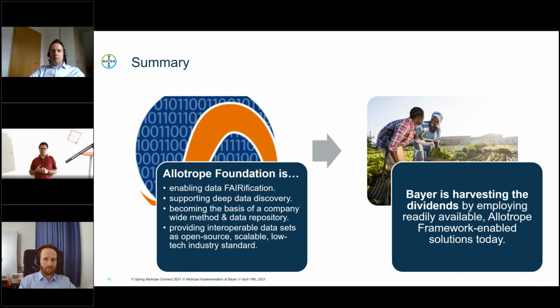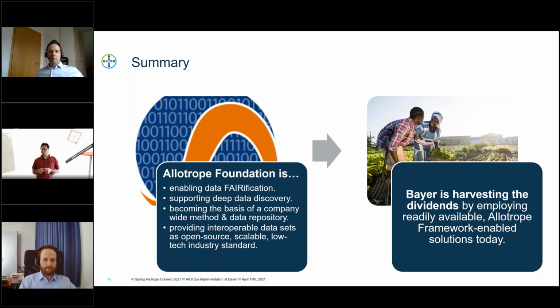So low-tech means it works for every lab, as it's a file-based solution. There are way fancier ways of integrating things. But if you have a CRO or university that you collaborate with, this is still a very flexible, adaptable solution, just plug and play. And we at Bayer try to build on top of that, first harvest the digital dividends